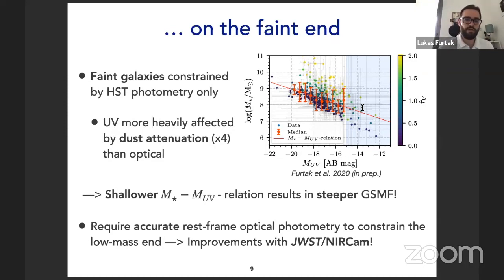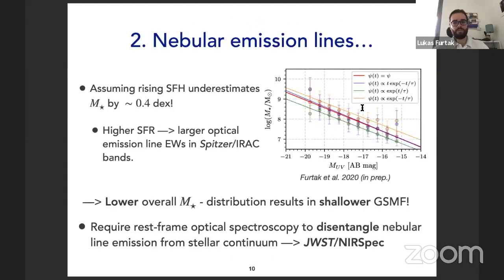So we will be able to constrain the photometry of these very faint galaxies. And there's also been a couple of papers out recently that simulate how some MIRI photometry is going to alleviate this dust attenuation degeneracy. So the second problem, which results in the most shallow stellar mass functions, are these nebular